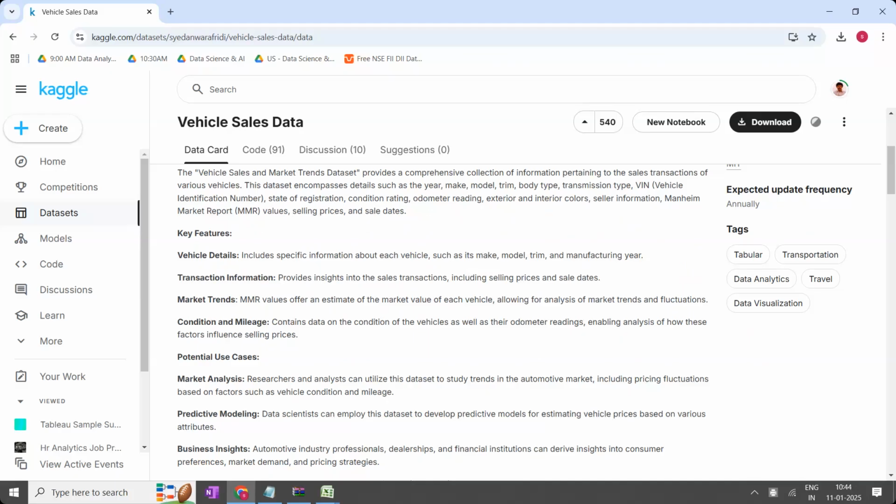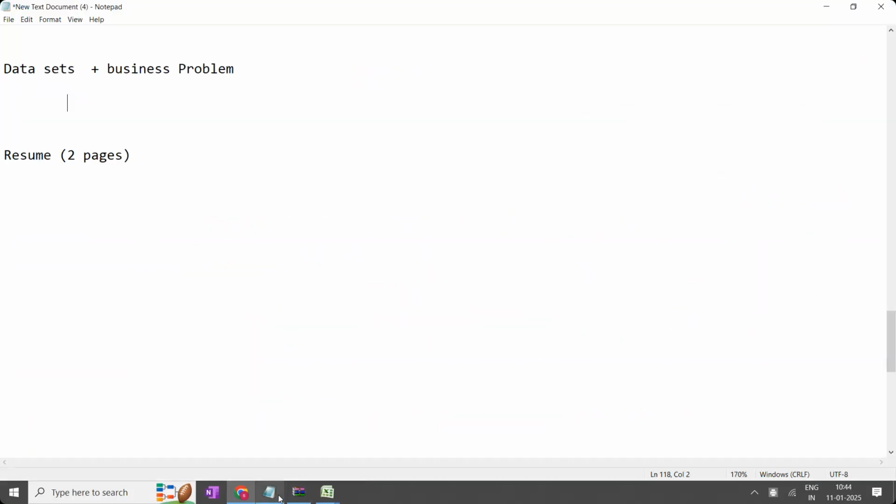To make it more simplified for you, see, for example, you are interested in eating a banana or an apple or whatever it is.